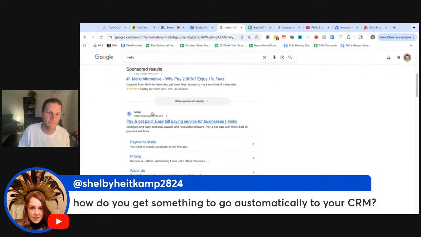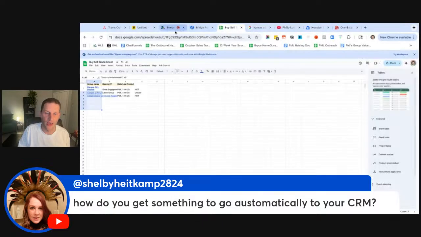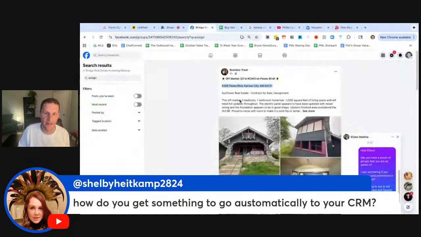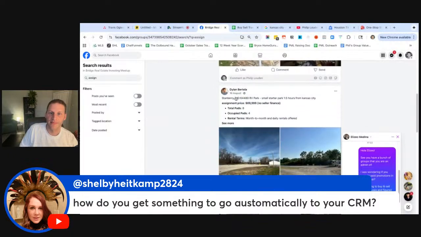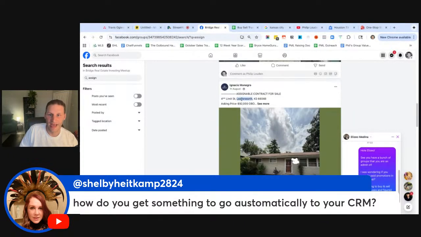Is that right? No, it's my AI. There's an AI that can program automations, like AI agents. And you can have them go through and just grab. You can even have ChatGPT do this if you want to. Like go to a page and grab all these addresses, and then it'll just copy them to a spreadsheet for you. And ones like these, if you have to reach out to them.